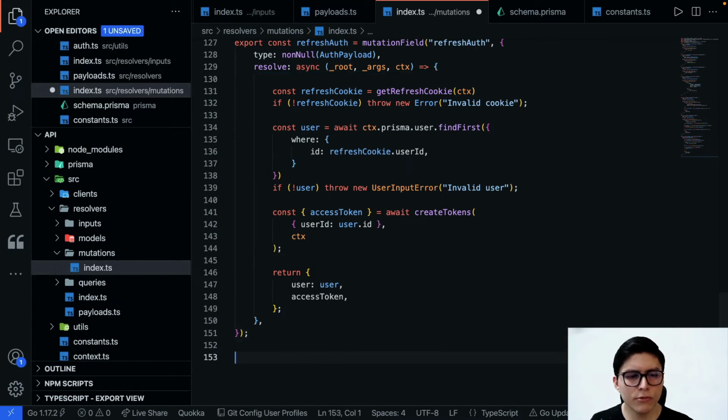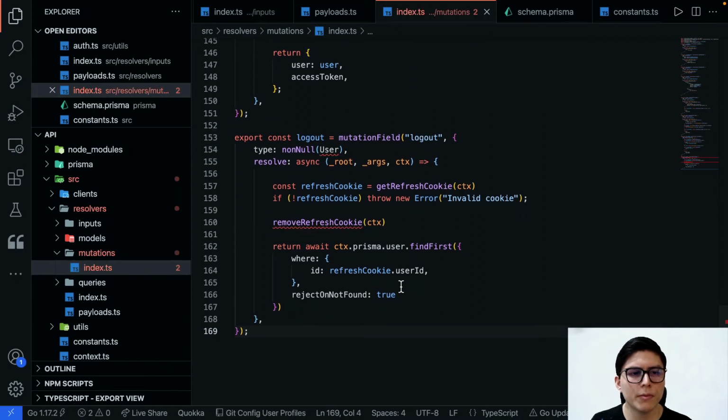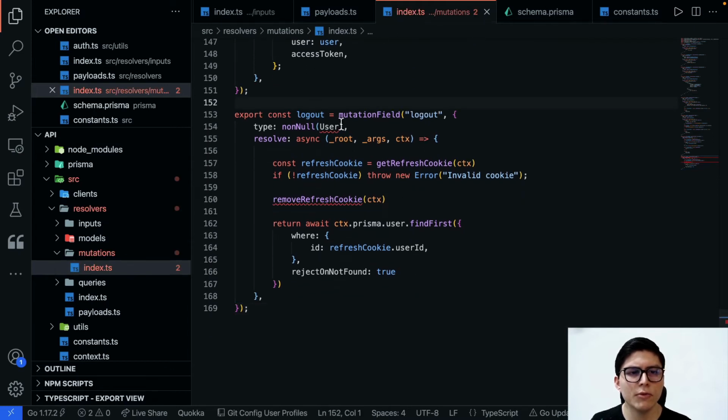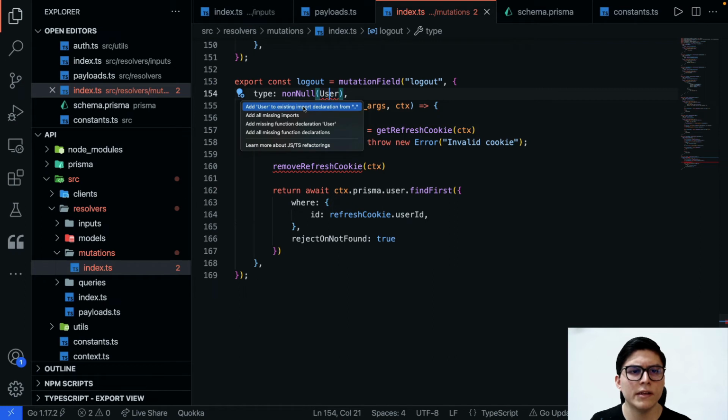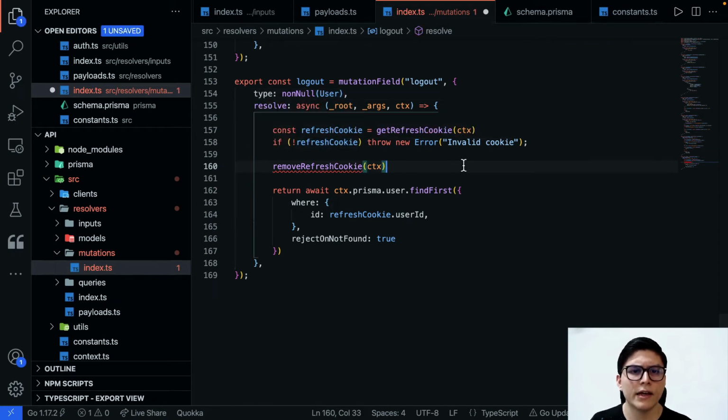But I will recommend adding the following mutation. The logout mutation will allow us to handle the scenario where a user not only leaves the account without use, but voluntarily decides to close the session. So in the front end, for example, you could have a button that triggers a call to the API.